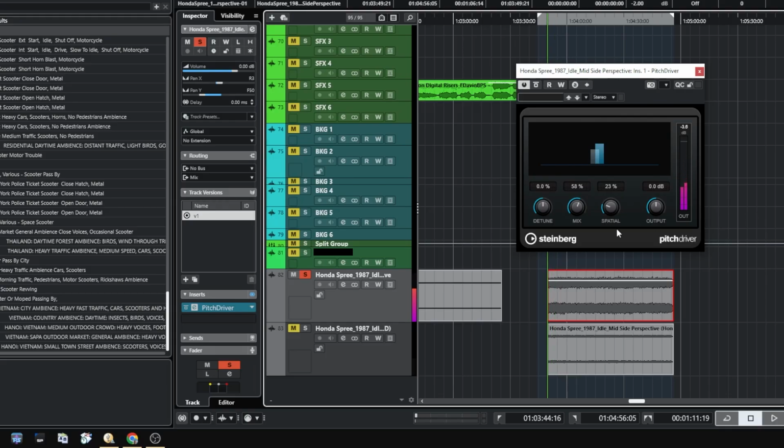So you can hear this phasey effect, and that's from this spatial knob and the fact that I have the mix down at 58%. So yeah, this hover platform thing moves pretty slow, so I don't need a lot of change, so I don't have it 100% mixed, but